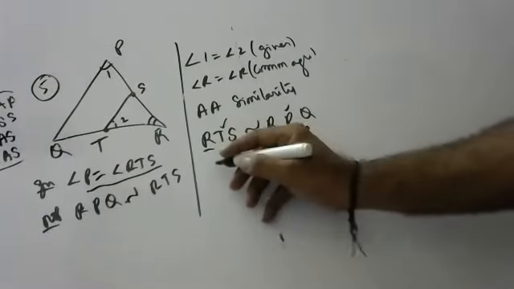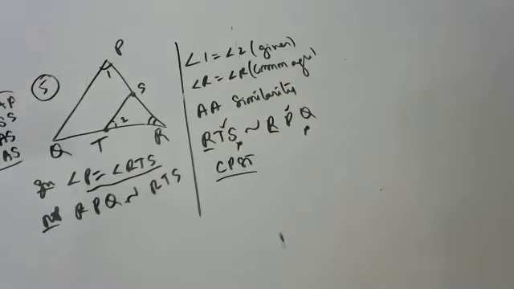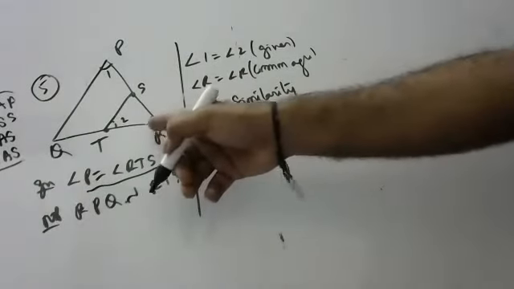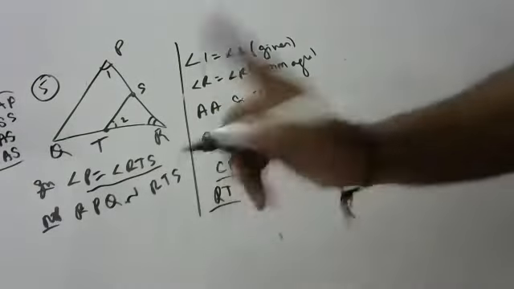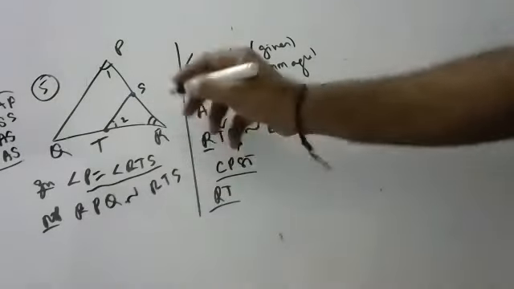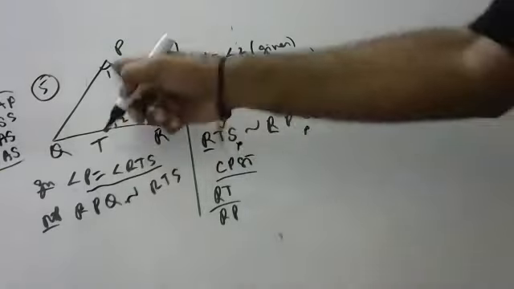Okay, this he asked. Can anyone say CPST? They didn't ask, but I am telling. Anyone say CPST? PR by PS is equal to QR by QT is equal. First the small triangle I want. RT by RQ is equal to RT by RP. See, RP by RP because of this.